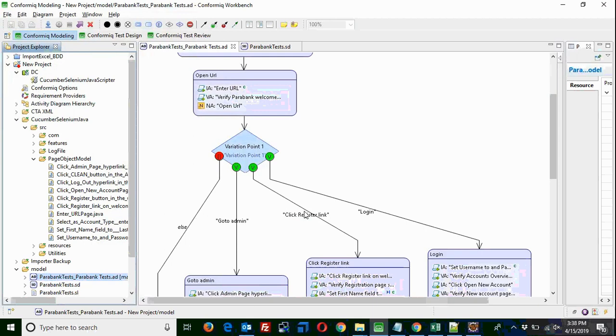So he actually has taken the Parabank test cases. From the 5 test cases, he generated the structure diagrams and activity diagrams. From the diagrams, he used the scripting backend, which has multiple options. Using that, he converted to a Cucumber Selenium BDD automation framework script, Bhavana. That's what we have seen.